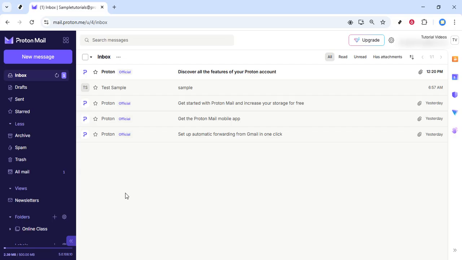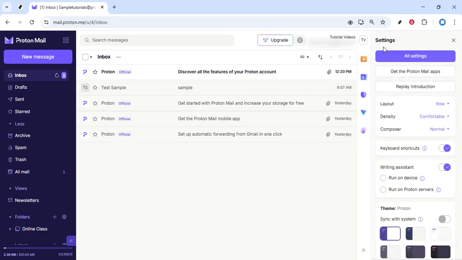Look to the top right corner of the screen and find the small gear icon. This is your gateway to settings. Click it to open the quick settings panel. You'll see a few handy toggles here, but for a full set of options, we want the main dashboard, so choose all settings. This switches you from the compact panel into the full settings view, where everything is organized in